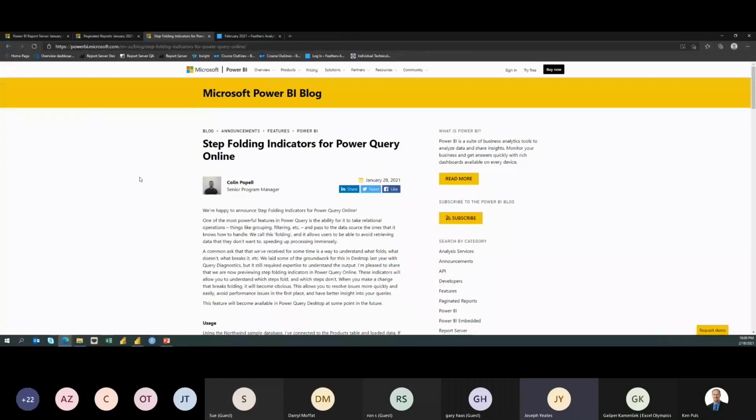One of the final features that has been released just at the end of January as well, one thing I think is really cool is the step folding indicators in Power Query Online. So what this does is within Power Query itself, when we're connecting to data sources like SQL Server or Azure servers, when we're writing our Power Query applied steps and building those steps to build sort of our little ETL pipeline, when we're connecting data and transforming it and doing our data prep,